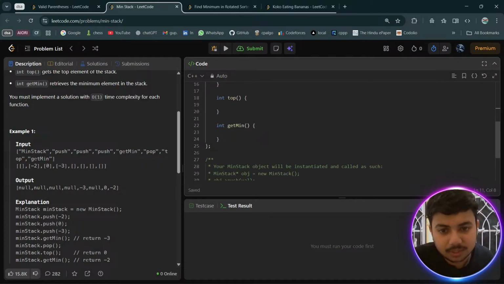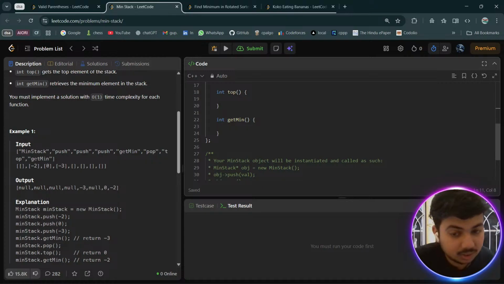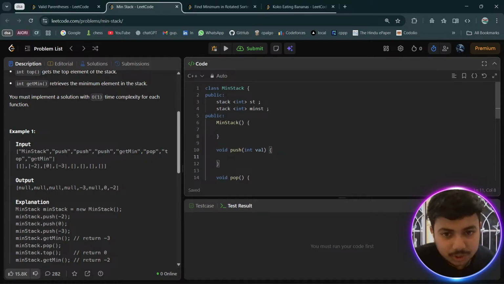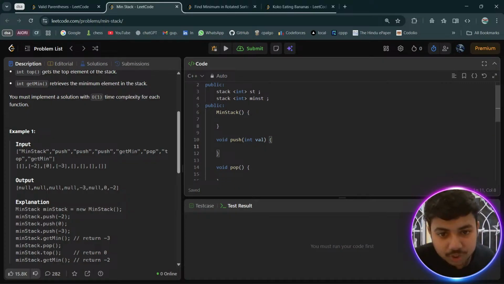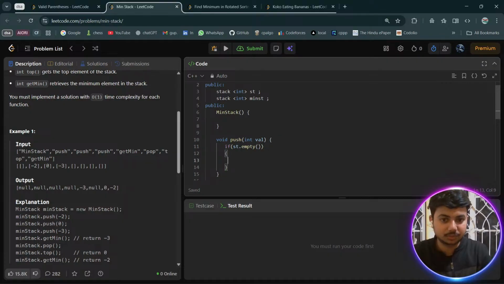अभी जब हमारा ऑब्जेक्ट बन रहा है, सो डू वी नीड टू इनिशियलाइज थिंग्स हियर? नो, इट्स नॉट रिक्वायर्ड, राइट? But whenever we are pushing a value, right, then we need to do stuff. So what we are going to do is, if the stack is empty, that means we are pushing for the first time. So what we do is st.push value,